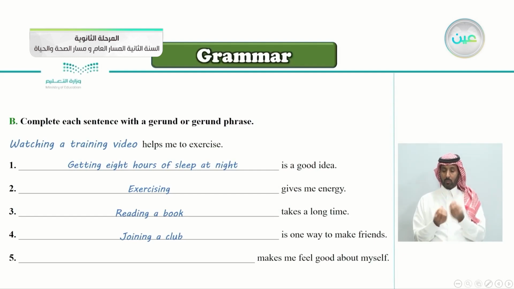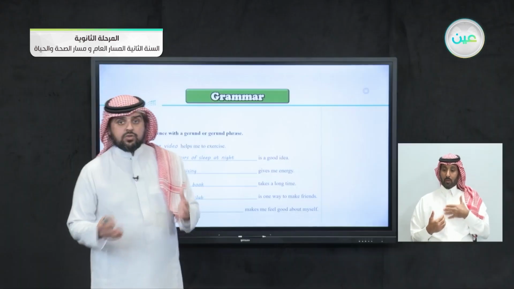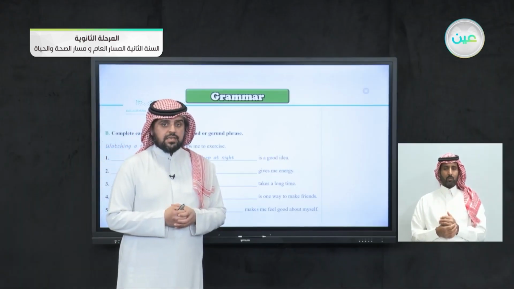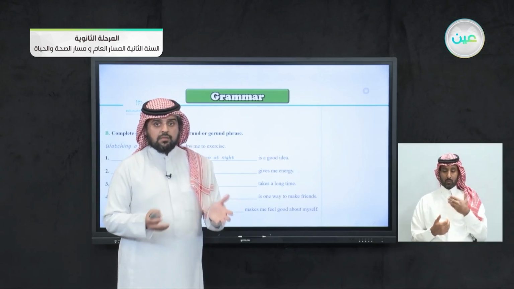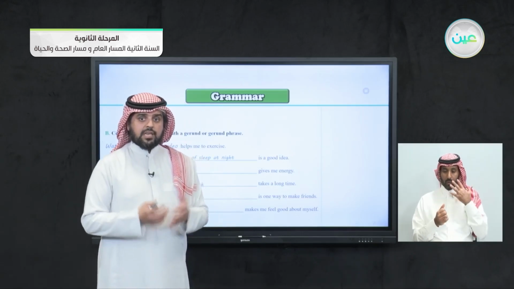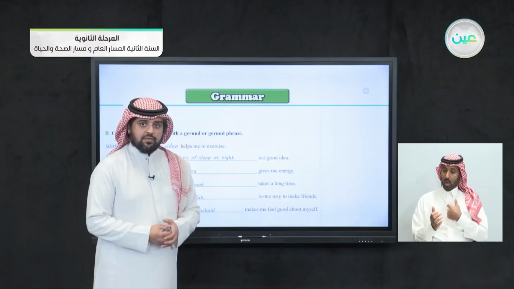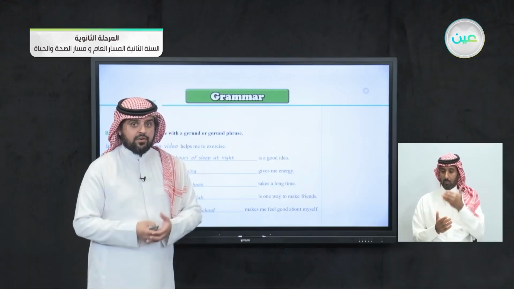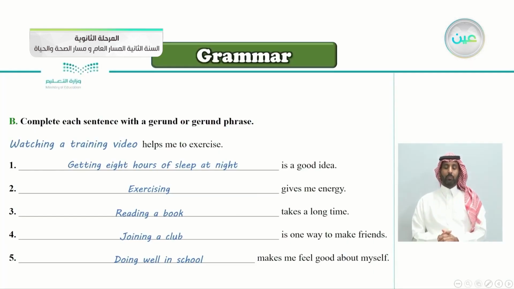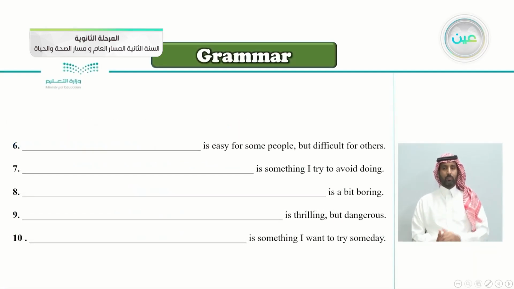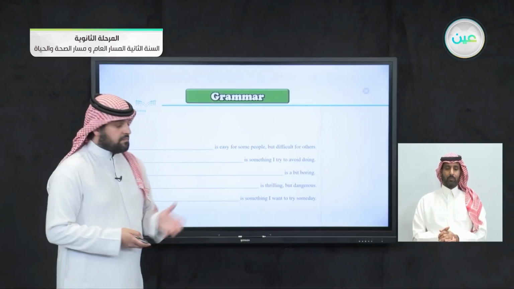Number 5, makes me feel good about myself. So what makes you good about yourself? For example, you can say praying every day, praying 5 times a day makes me feel good about myself. Or for example, I've written doing well in school makes me feel good about myself. When you get the high grades, of course, that will make you feel good about yourself. And number 6 here is easy for some people but difficult for others. What is easy for some but difficult for others? For example,